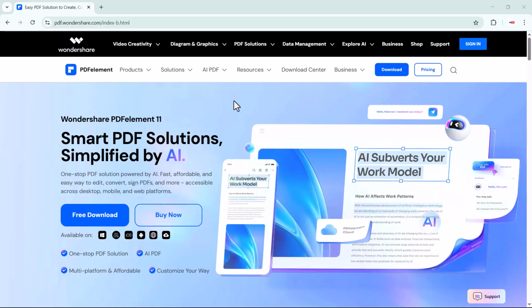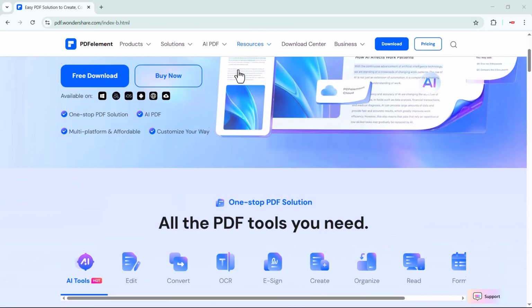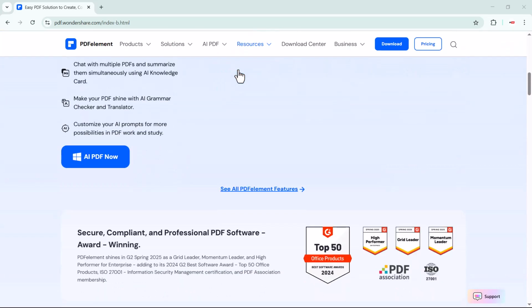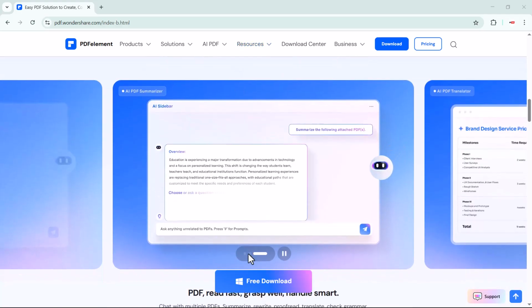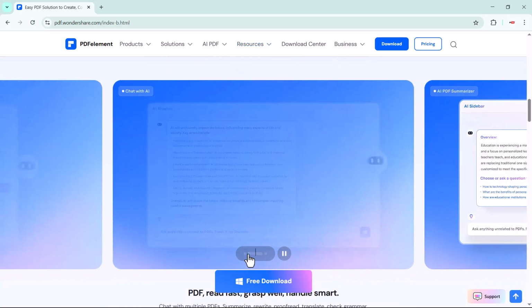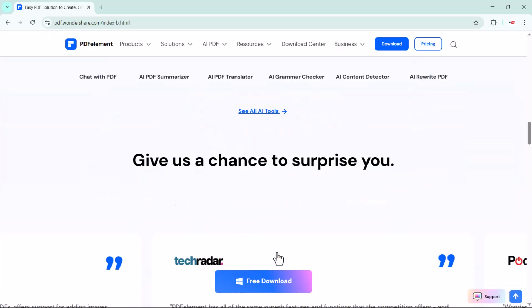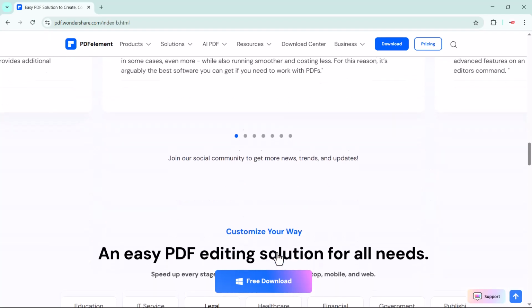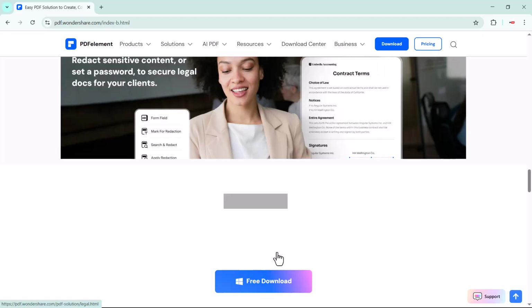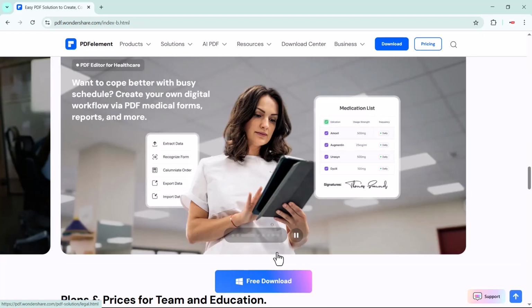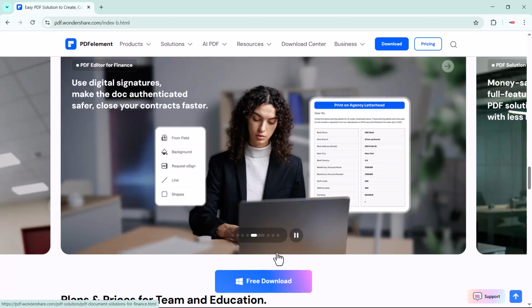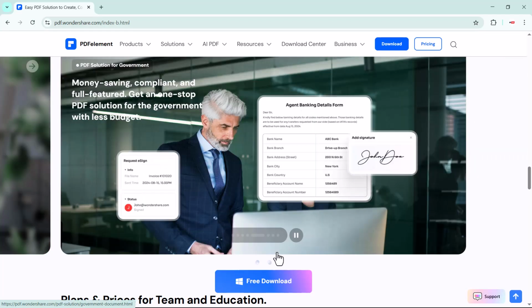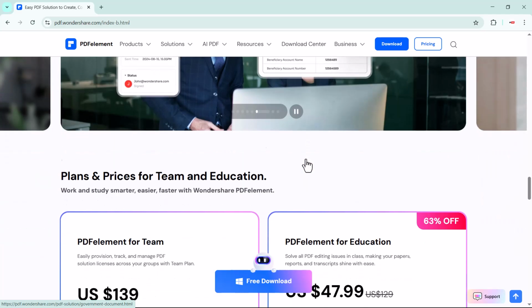Wondershare PDF is a unique and user-friendly online platform designed to make your work with PDF documents effortless. It provides an all-in-one solution for editing, converting, merging, and compressing PDF files, allowing users to handle their documents quickly and efficiently. Whether you are looking to convert PDF to other formats like Word, Excel or PowerPoint, or simply need to make quick edits like adding text, images, or annotations, Wondershare PDF has it all.